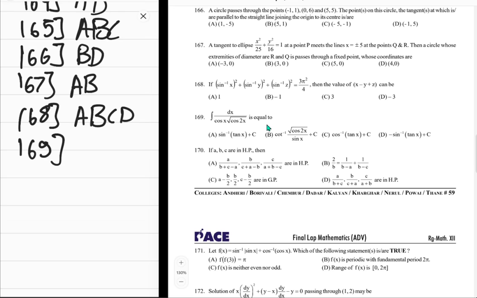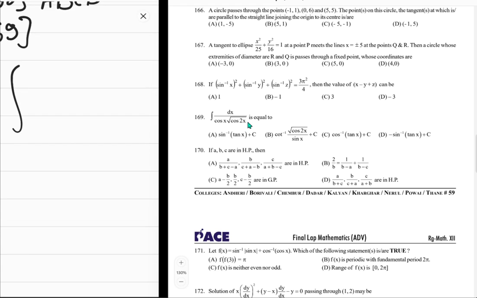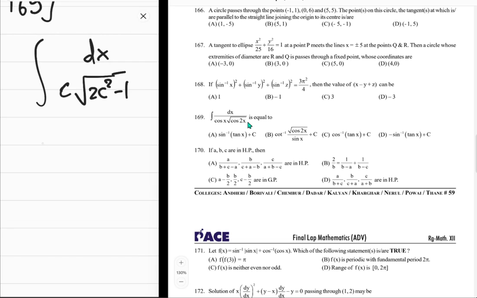This integration is equal to, so cosine x cosine 2x, what is the thing here? Why is that in the square root? This doesn't make sense. Okay, maybe think about it. So it's like cosine x square root of 2 cosine square x minus 1, right? dx. Cool. We can write this thing as